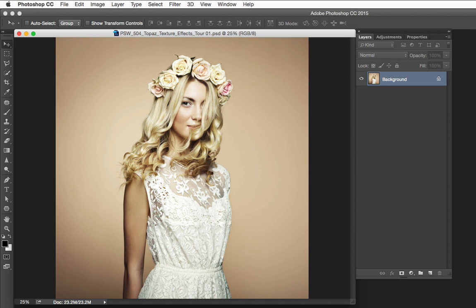When I first heard about Topaz Labs' new texture effects plugin, I was a little concerned that it would only allow photographers to add a limited number of basic textures to our images. Well, boy was I wrong. As I began playing around with texture effects, I quickly realized that this software is incredibly well designed and bursting